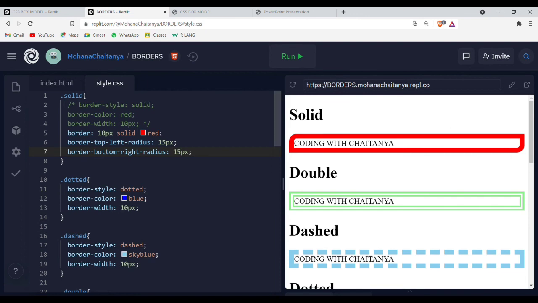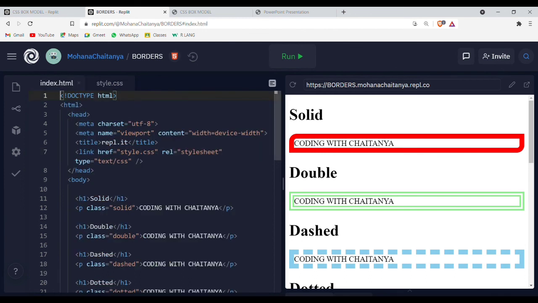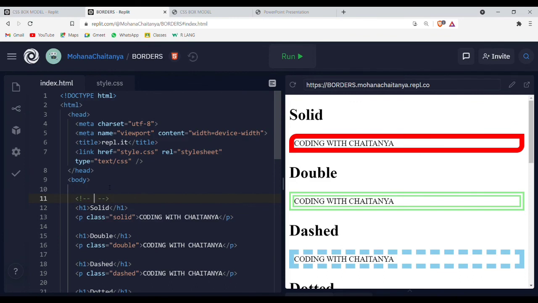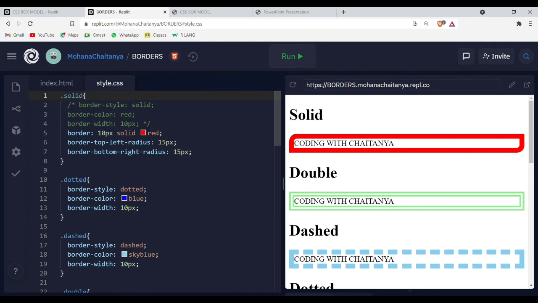Here I have commented. Comments are used to explain our code, so that when we see the code you will get some clarity. Like here I have used this, and these comments will not appear in the output screen, or you can say the browser window. In CSS, the comments start with forward slash star and end with star and forward slash. In HTML, comments are something like this: less than, exclamation, hyphen hyphen, and end with hyphen hyphen and greater than symbol. Here are the comments used in HTML, and this is the commenting way in CSS.